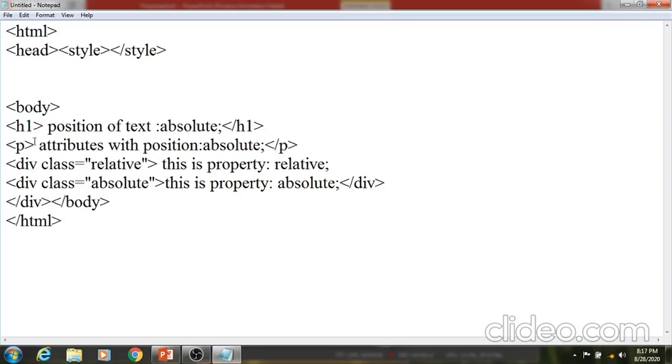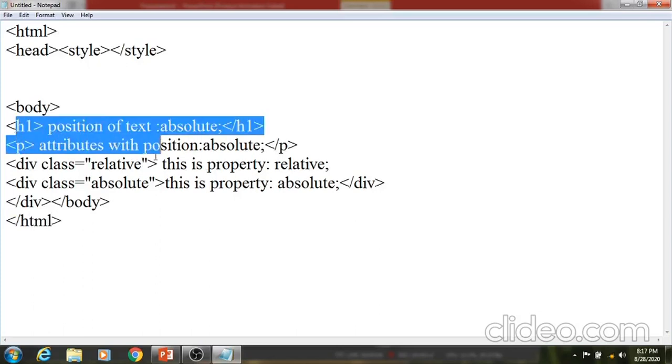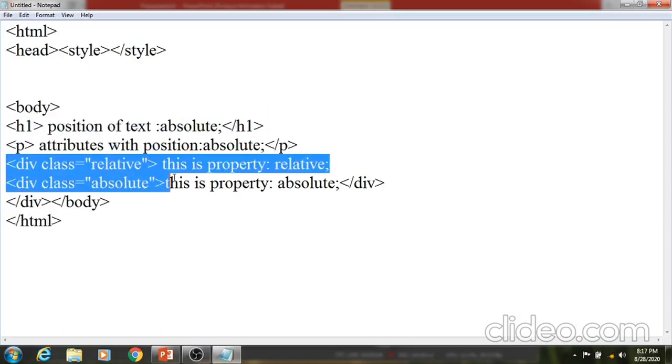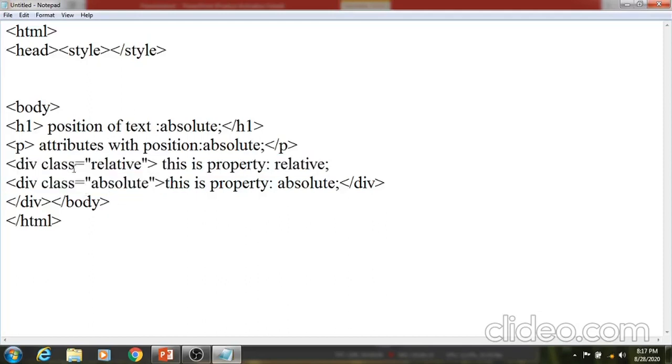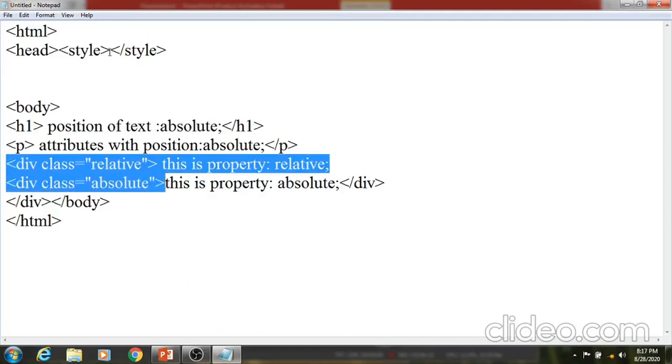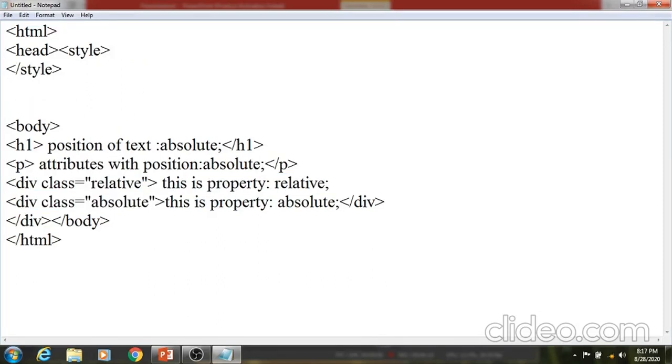So we have defined the classes here: a division class relative and a division class absolute, and we apply properties for these two classes. Come to the style.